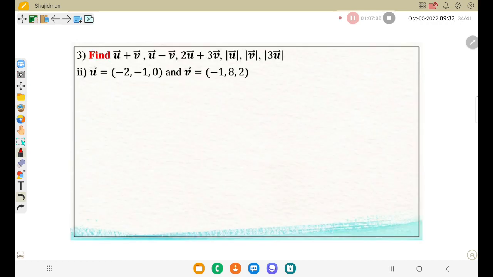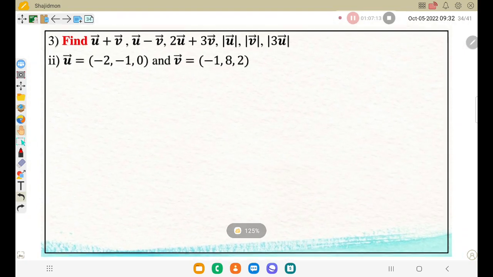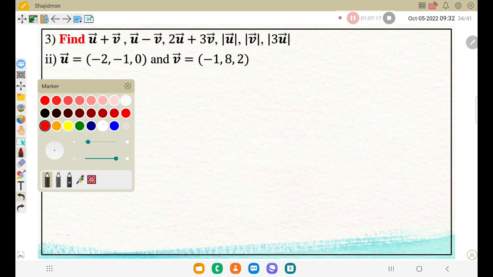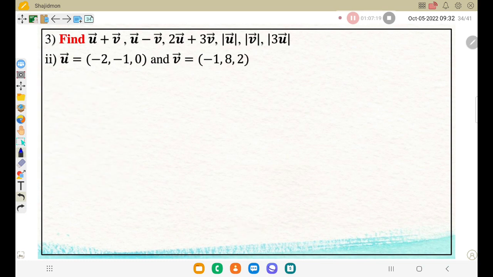Okay, now question 232. Question number 3, second part. Now you can practice as much as you want. So first calculate vector u plus v. Vector u plus vector v equals